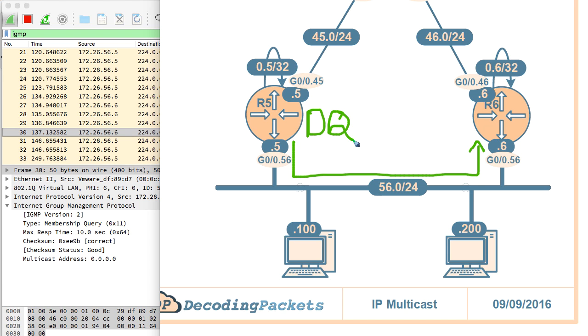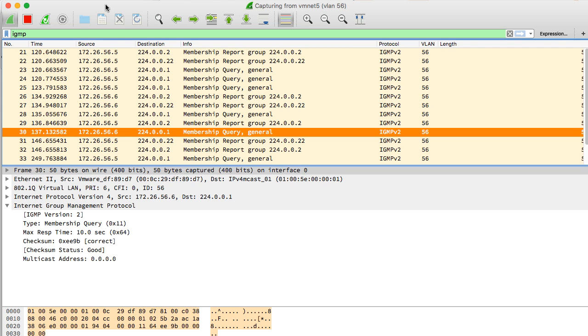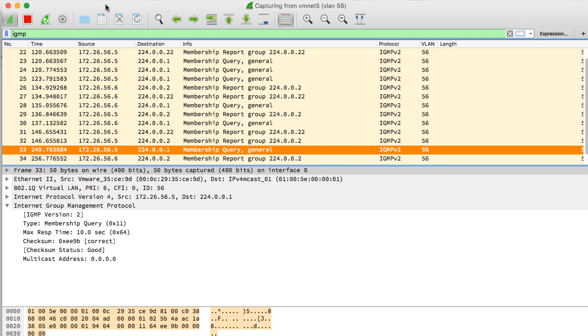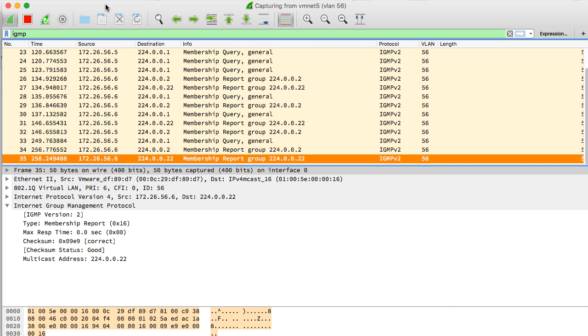So let's take a look back at the packet capture. I see some more packets coming in, and this time I actually see that the general query is coming from R5. So R5 is sending the general query, and